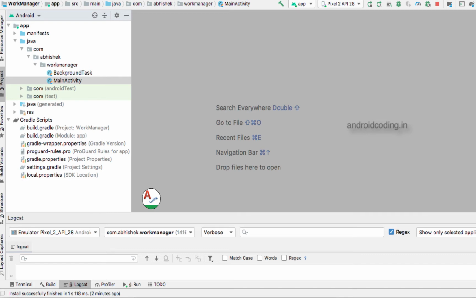So you are on a metered internet, like a limited internet in your device, and you want to do the work when you reach back home, so that you can access your Wi-Fi and upload all the images to the server. So here we need to do some background task. In this particular scenario, I want to explain how to make use of a work manager.